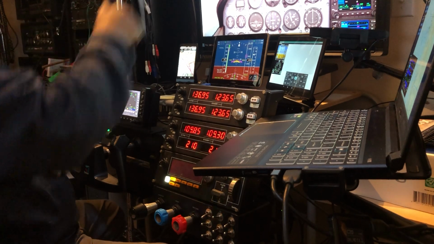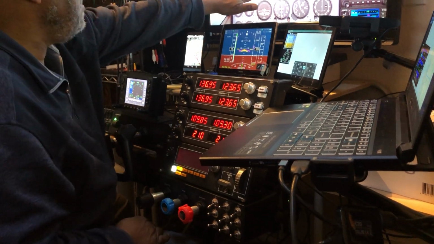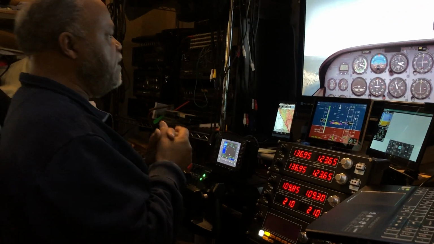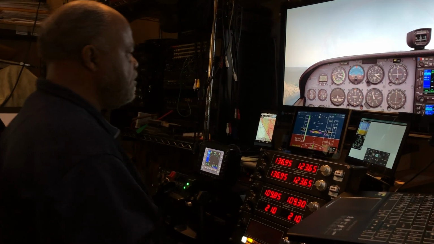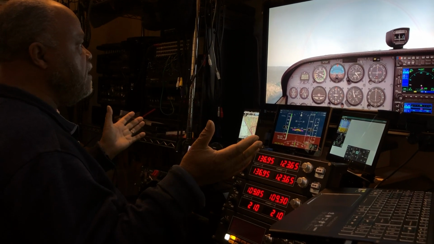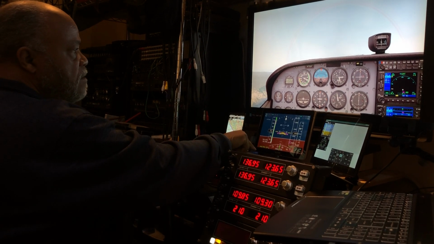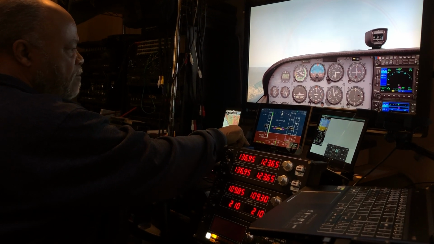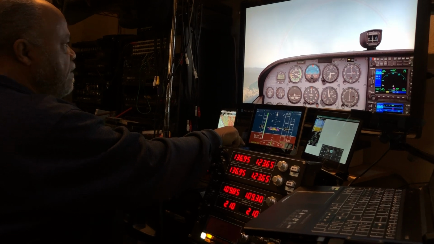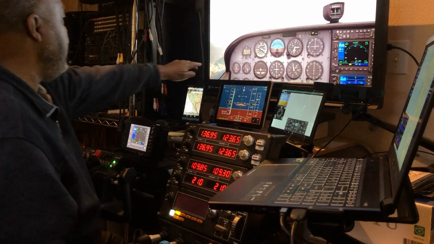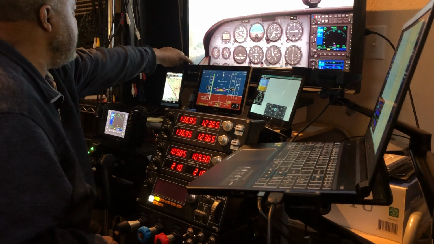I'm climbing out, and because I'm climbing, I'm not getting a lot of airspeed. In fact, right now I'm at 75 miles per hour. But the plane is in good shape. It's climbing at 1,000 feet per minute. I don't want it to go much higher than that. And you can see how good this thing is. You can see